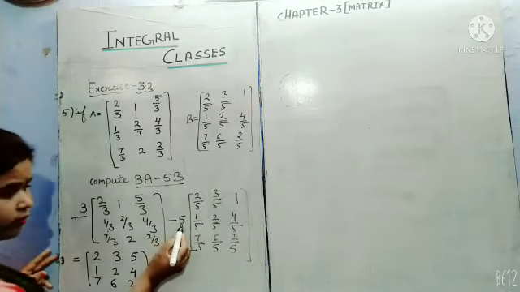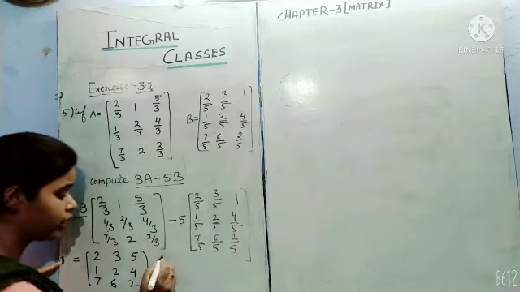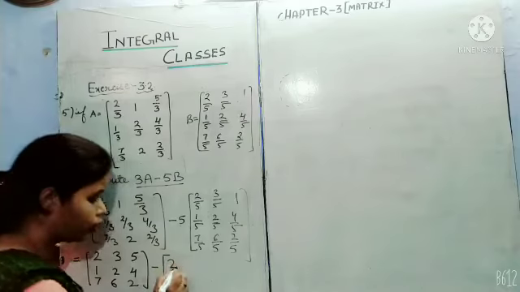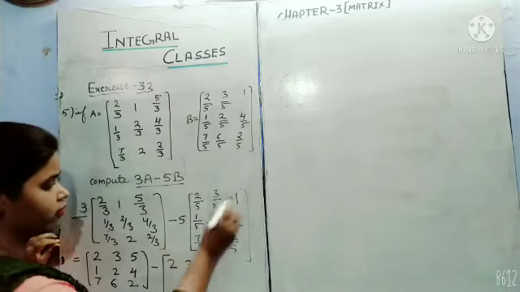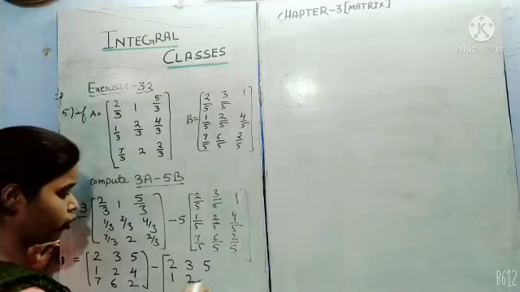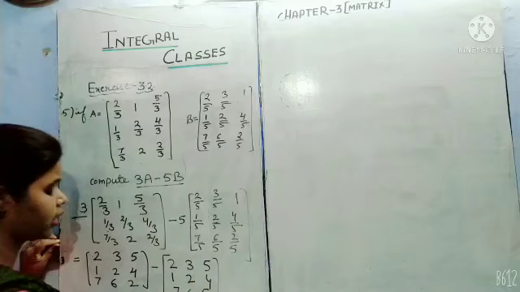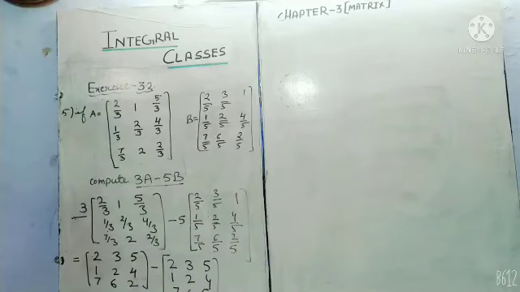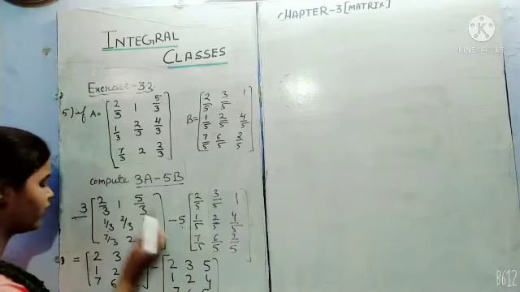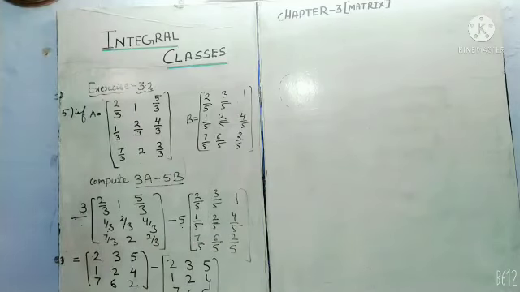Second, again we multiply the scalar constant 5 inside the matrix. So it will become 2, 3, 5, 1, 1. Again 1, 2, 4, 7, 6, 5. If you want to apply the second method, then you have to take 1 by 5 and 1 by 3 outside, and then they cancel each other.